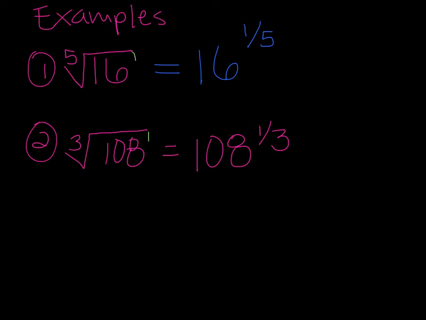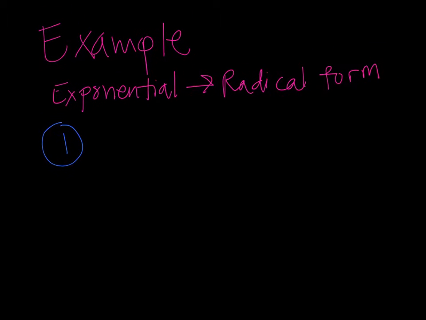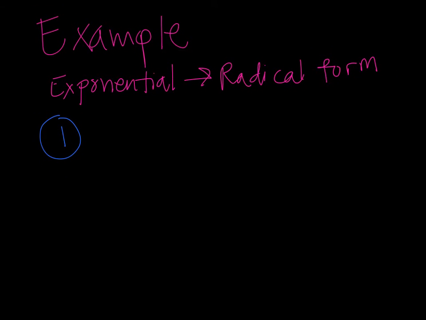Now let's try to go the other way. We'll go from exponential form to radical form. So now we're going to try some examples that are in the exponential form first, and we're going to put them into the radical form. Let's start with number 1. If I have 27 to the 1/3 power,